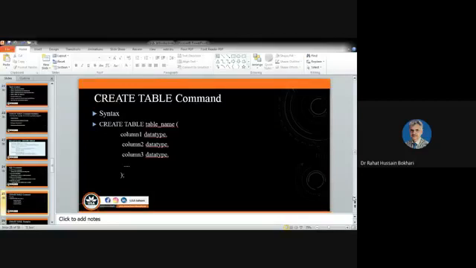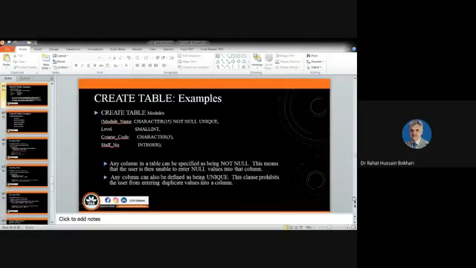We go for an example. In this example, I take a table that is module, and we say this module is an entity. What is the name of the module? You have CHARACTER 15, NOT NULL, UNIQUE.